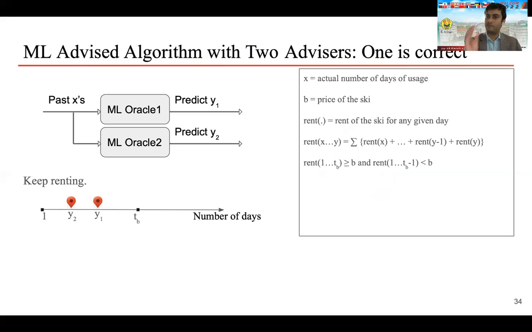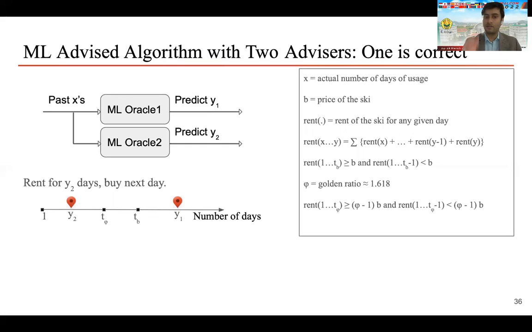One thing we understand here: if y1 and y2 are both less than TB, that means the skier should keep renting. And if both are more than TB, then he should buy the ski on the first day. But what happens in the interesting scenario where y1 is greater than TB and y2 is less than TB? We define another quantity here, which is T5. What is phi? Phi is the golden ratio, which approximates to 1.618. So if you sum the rent from 1 through T5, that is going to be greater than phi minus 1 times B, where B is the price of the ski. And if you exclude the rent on the last day, which is the T5th day, it is going to be